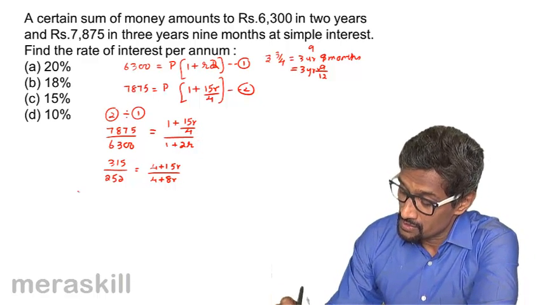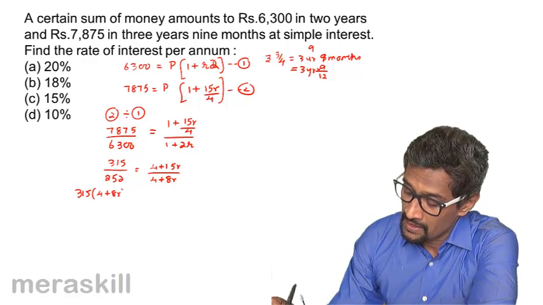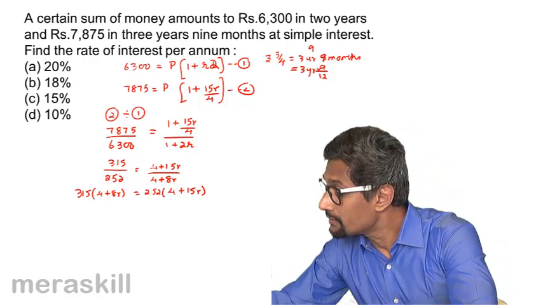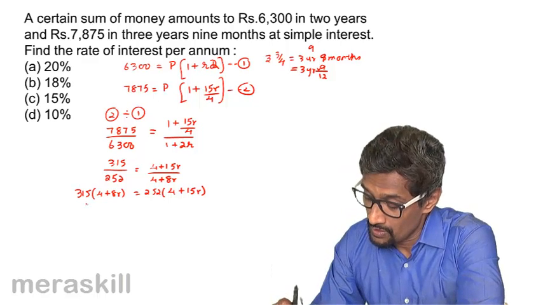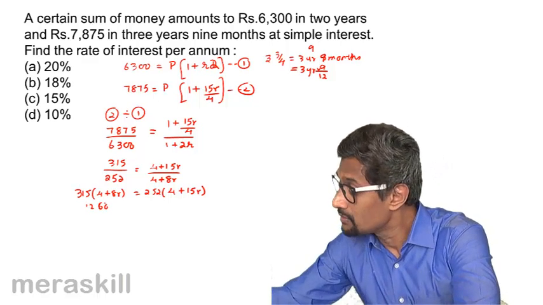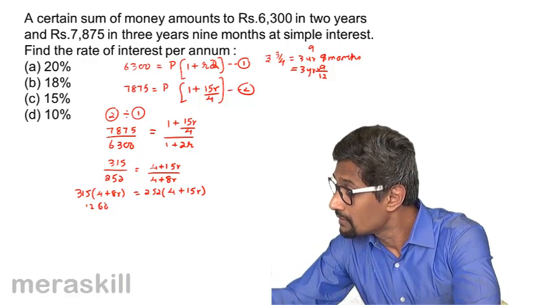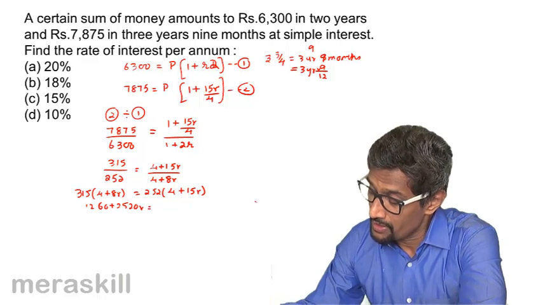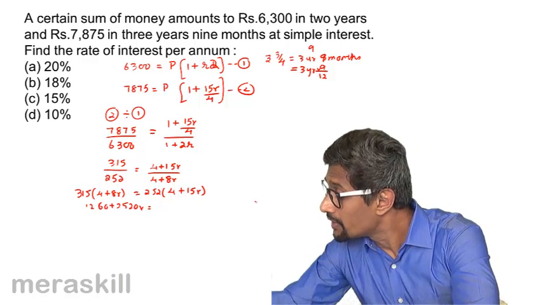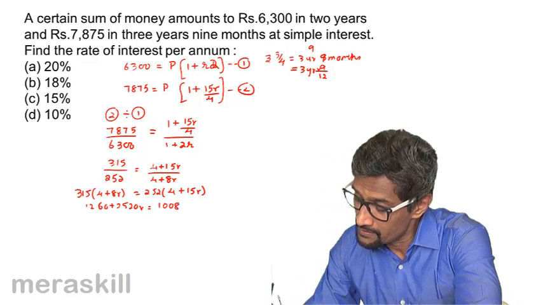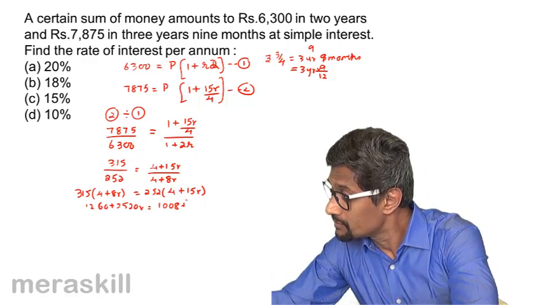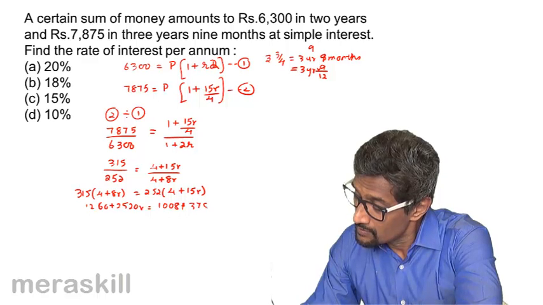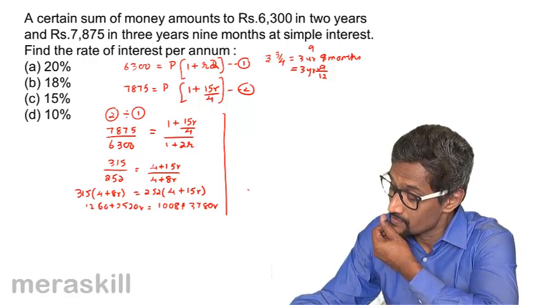So it turns out to be 315 into 4 plus 8R is equal to 252 into 4 plus 15R, which turns out to be 1260, and we have 2520R, and here you have 1008, and 3,780R, and hence on simplification this turns out to be